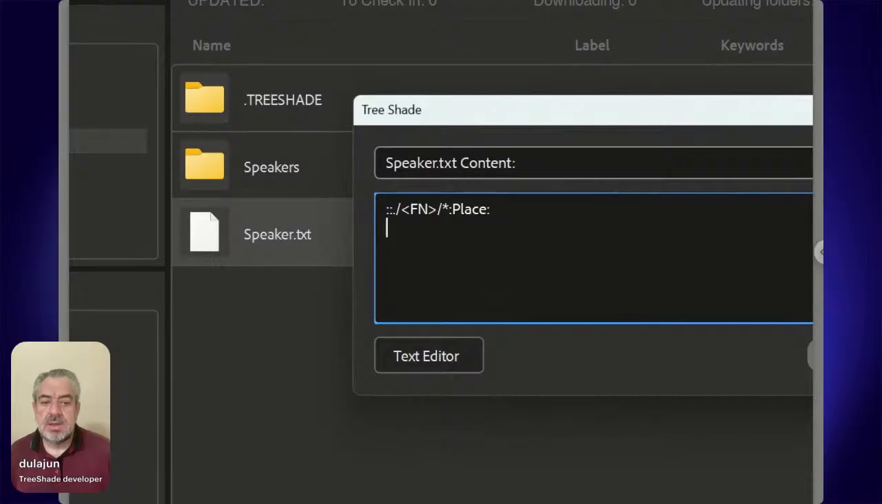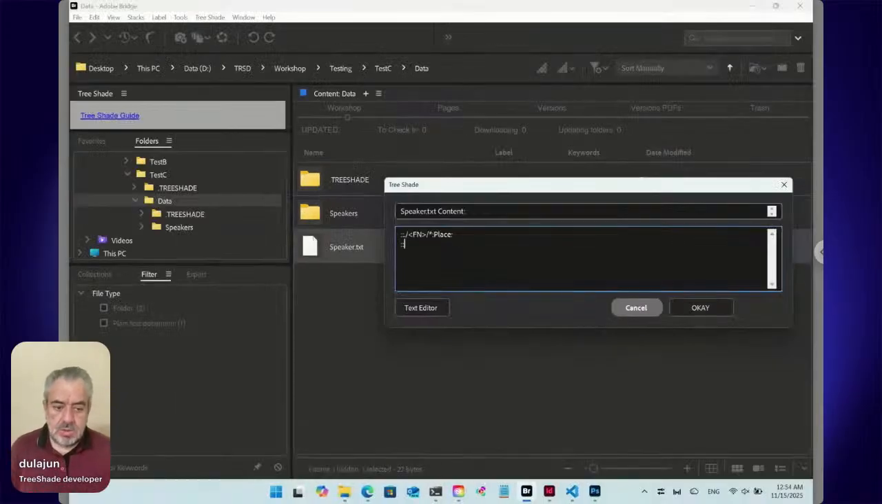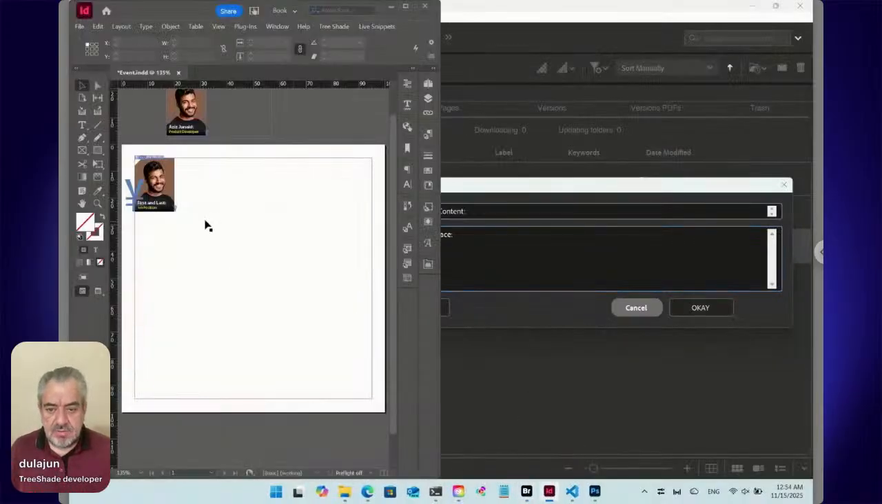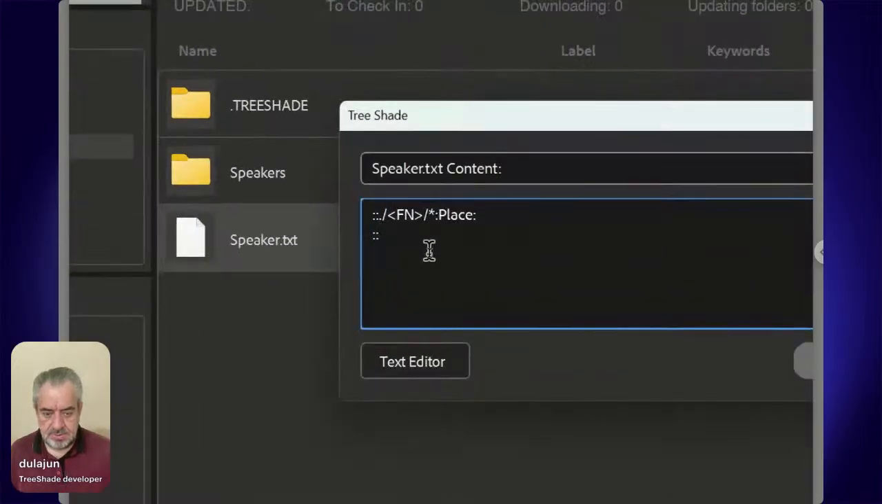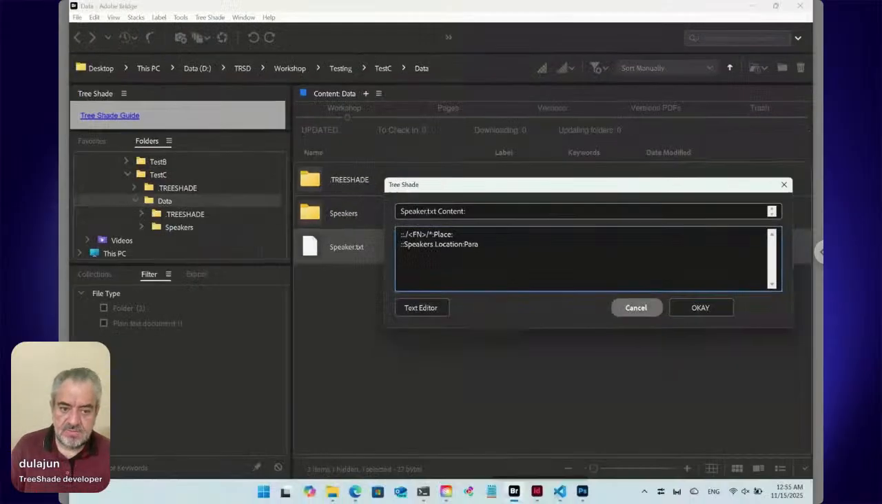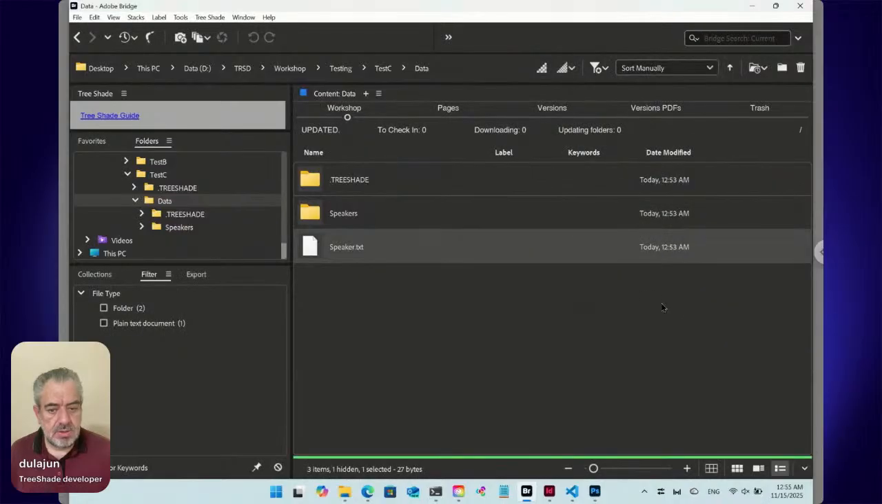And then let's add dynamic style. What we named the paragraph style for all speakers. Here, speakers location. So right here, speakers location, para, the abbreviation of paragraph style. Okay,